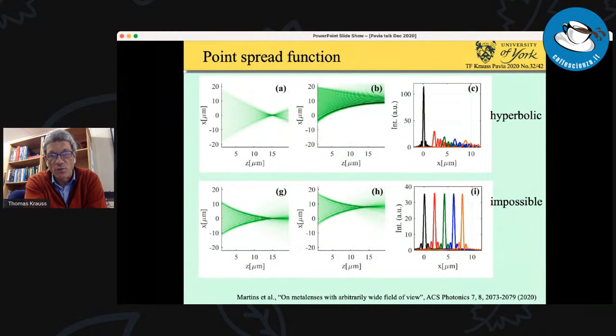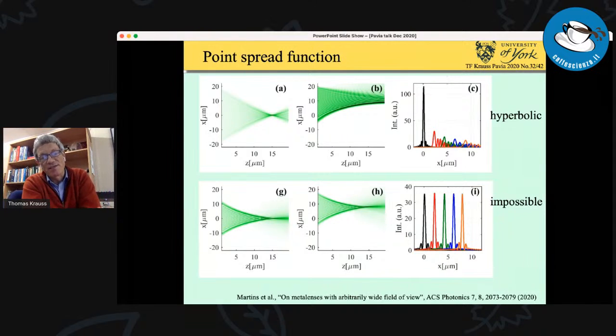Okay, and now does it work? Well, it's quite remarkable. The hyperbolic lens, as I showed you several times now, has this distortion for angular incidence. The impossible lens doesn't do it. The impossible lens generates a very nice focal spot irrespective of input angle. The plots on the bottom right show the focal point for different input angles, and it doesn't change. It's always the same. So this is really nice. It works really well. The more observant people may realize there's a catch here, and I'll come to the catch.